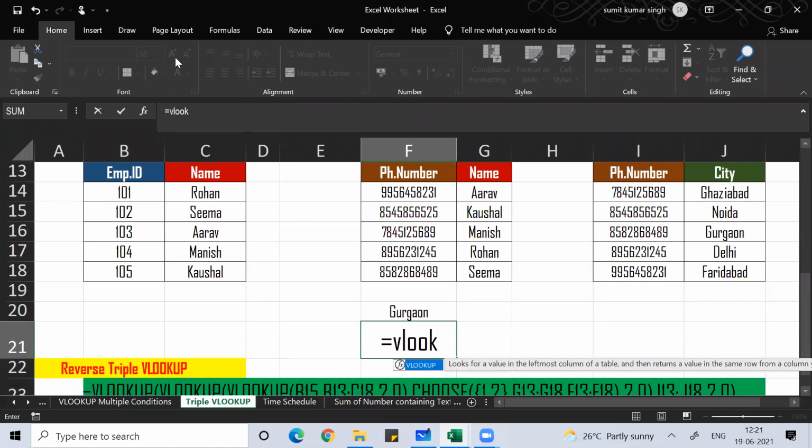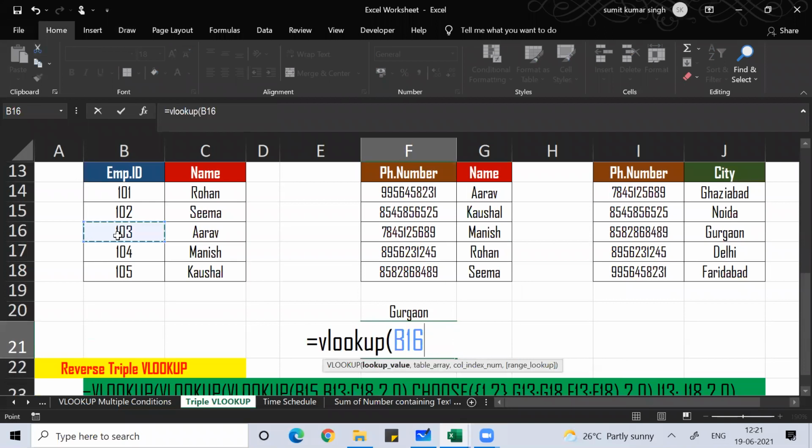If this ID is 103, this ID means Arav. Arav's phone number is this, and this phone number 231 means Faridabad. So Arav lives in Faridabad. Employee ID 103 lives in Faridabad.